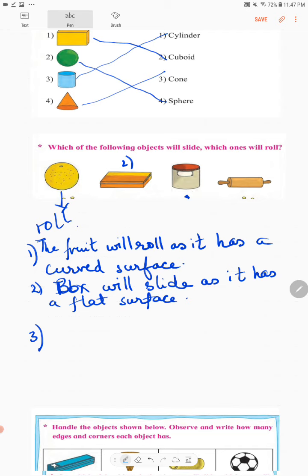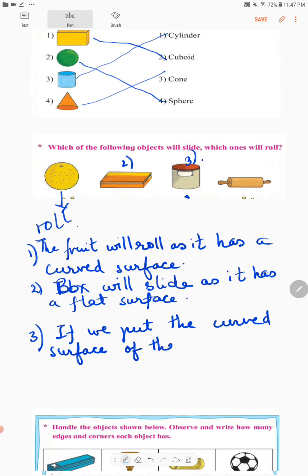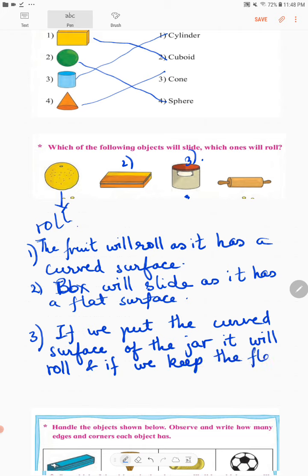Now this is a jar. If we put the curved surface of the jar, it will roll, and if we keep the flat surface, it will slip.